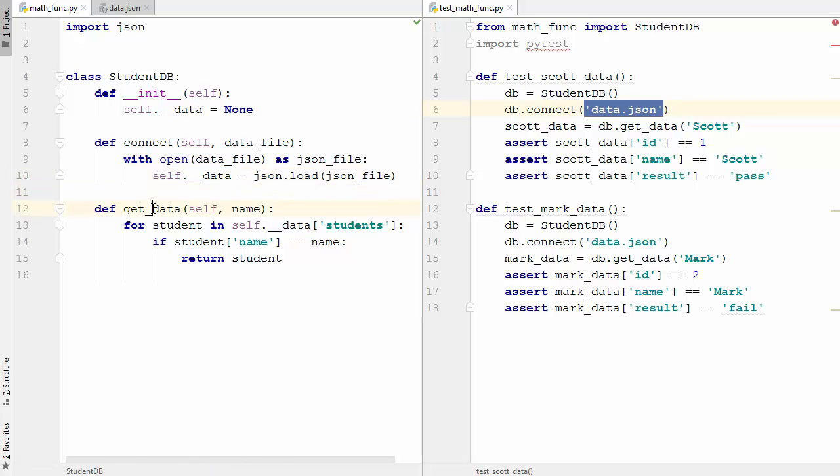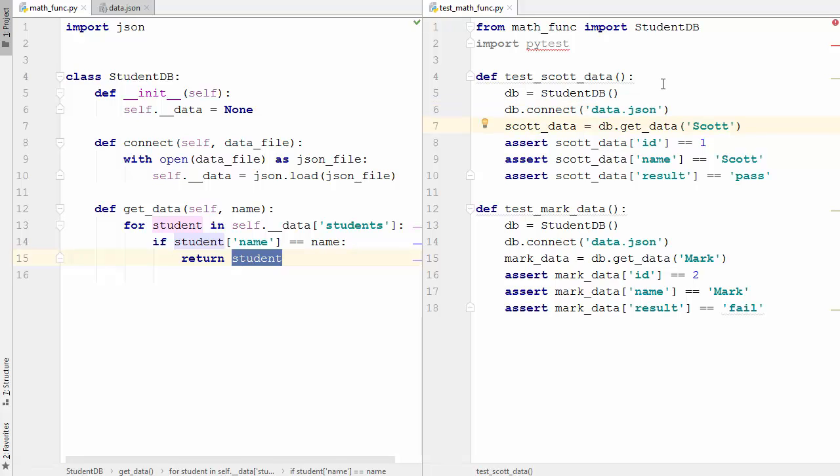Then I have the get_data method, which takes one argument, the name of the student. I search for this name in the dictionary which I got using the connect method, and if the name provided as an argument is contained in the students' data, then I return